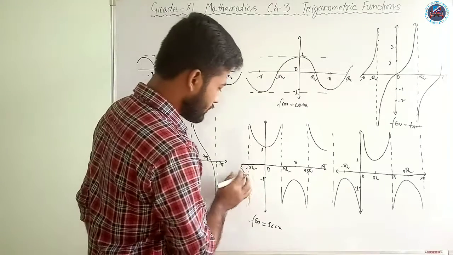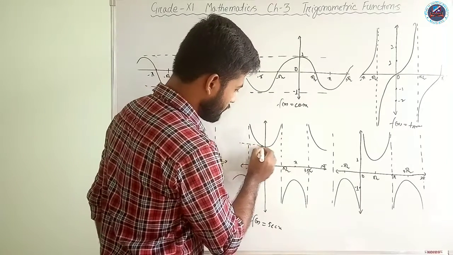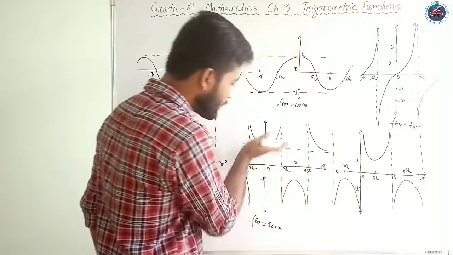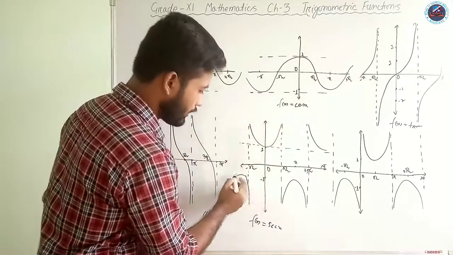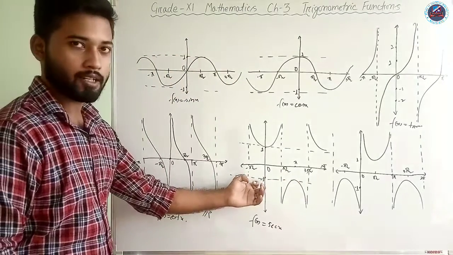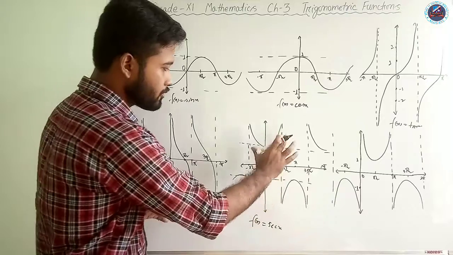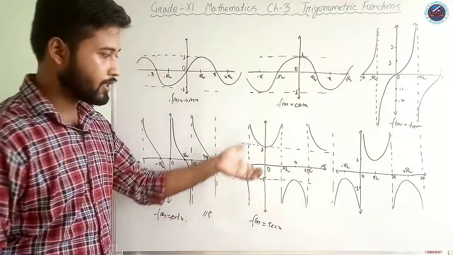You can see the range of it starts after 1, that is the minimum value considered is 1 in the upper portion, and in the lower portion the maximum value it considers is -1, and then it goes down. So the range does not consider this stretch, or this part.